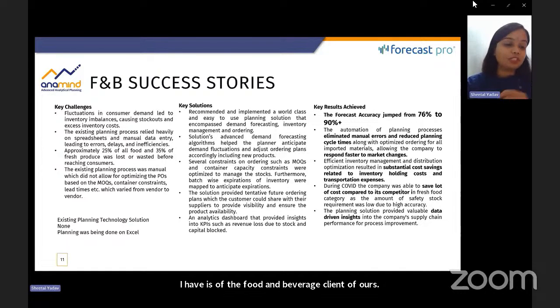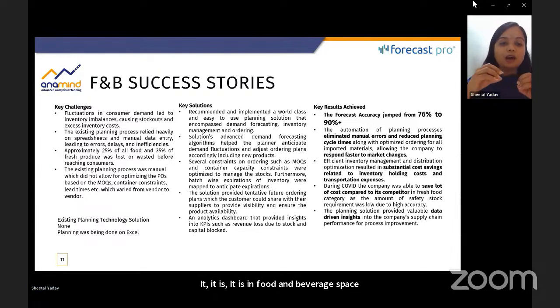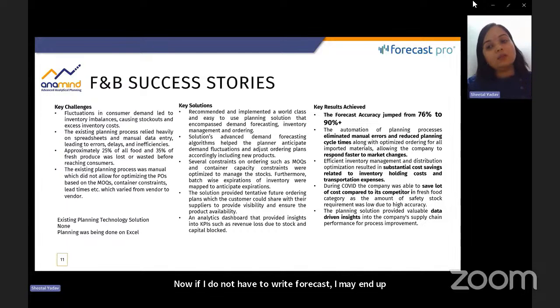It is in the food and beverage space, and the food and beverage space has this very important metric where there is an expiration attached. Now, if I do not have the right forecast, I may end up either overstocking or understocking. And if I overstock, it may result in expiration. So this customer